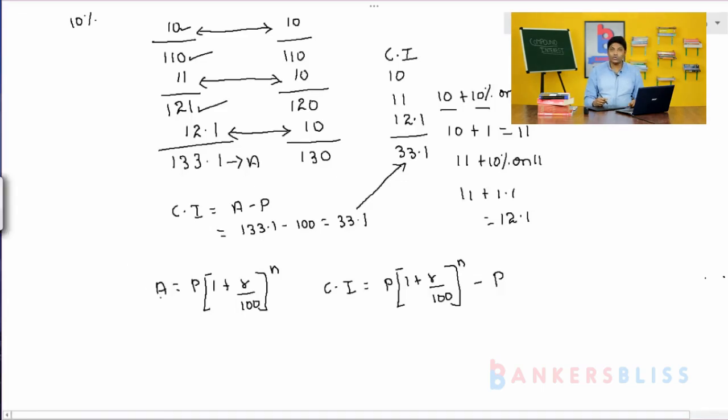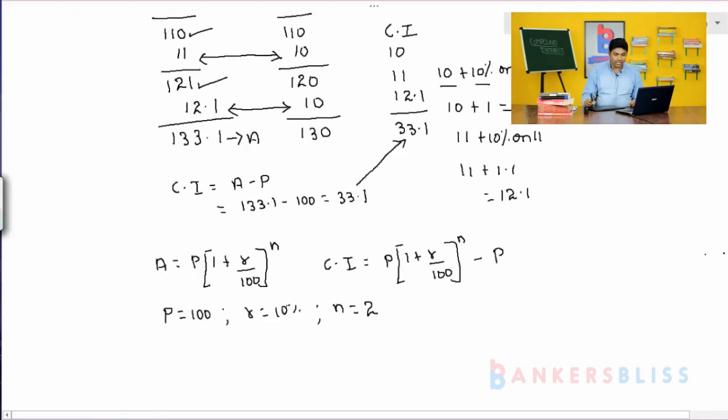Consider you are going to deposit rupees 100 in a bank. So that is the principal amount. Principal amount is equal to rupees 100, the rate of interest is equal to 10%, and you are going to invest for 2 years. If we use the formula to calculate,